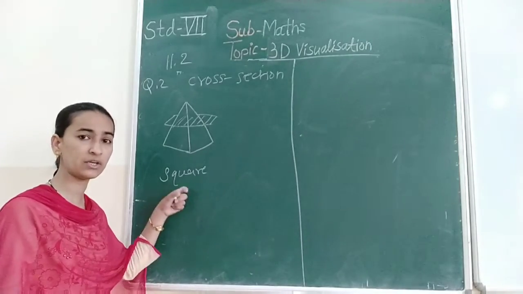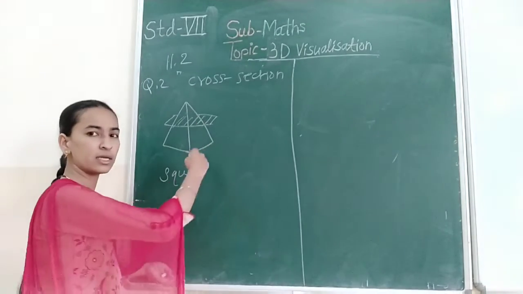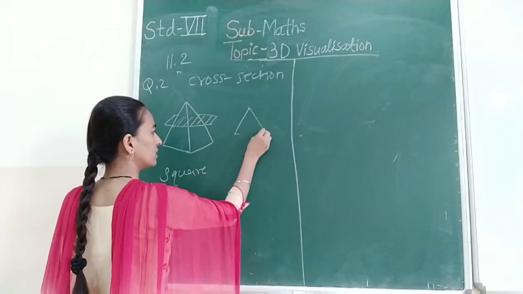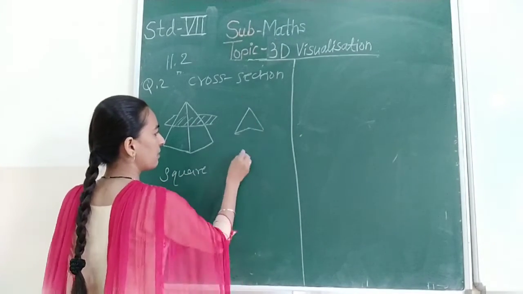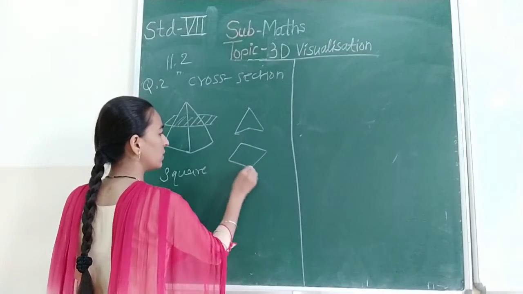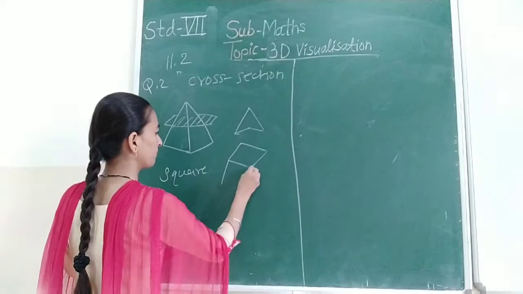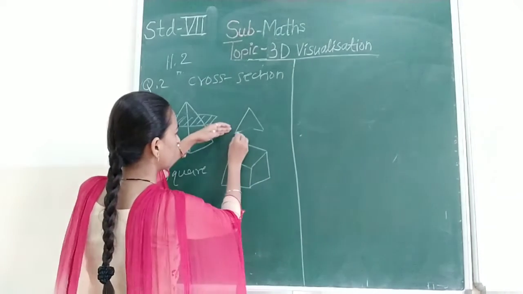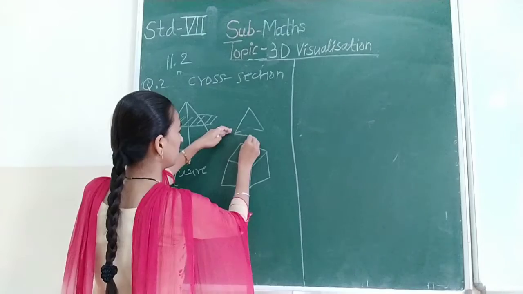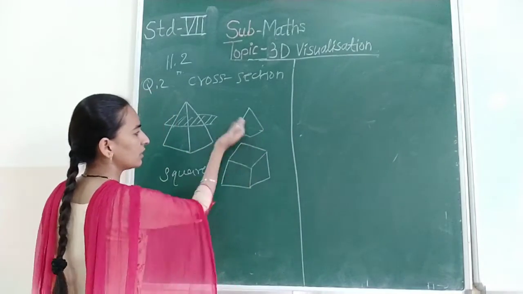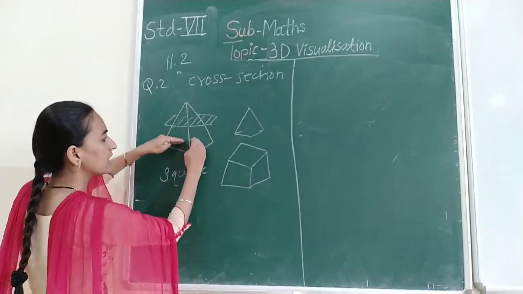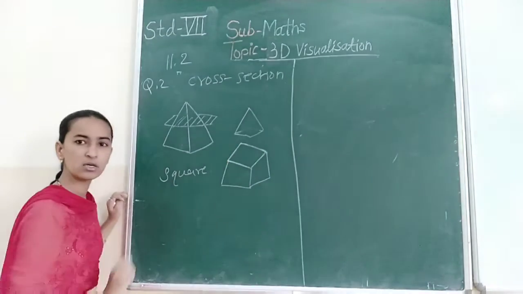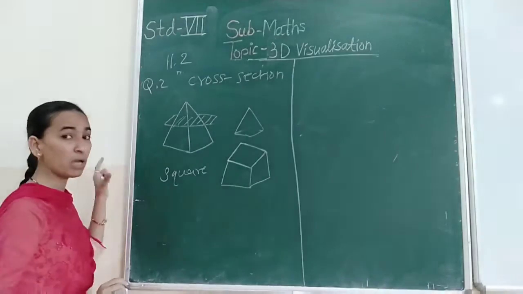In that, all things are in 3D. Already given how to cut it, when the cut part is gone, the upper part looks like this. Yes, it is a pyramid. Then the downside part will be a square. You can see the square. That means the upper part is gone. When we cut, the upper part is like this, the downside part like this. So which part can you see on this? It is a square.